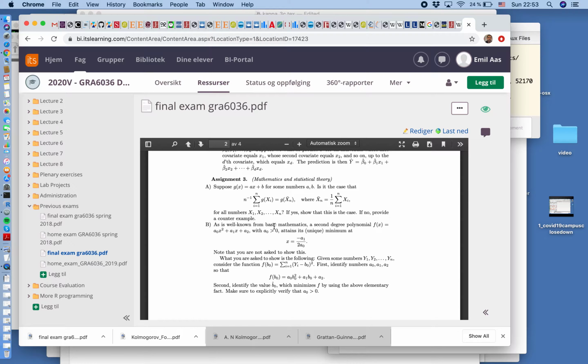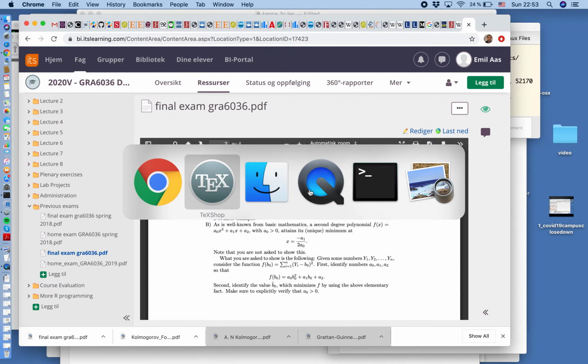So in this exercise, as usual, we're given some data, and we're given a function, and we're asked whether the mean of g(x_i), so when we apply the function to each of the data points, is equal to this function applied to the mean of the data points. So to be more clear about what that means,